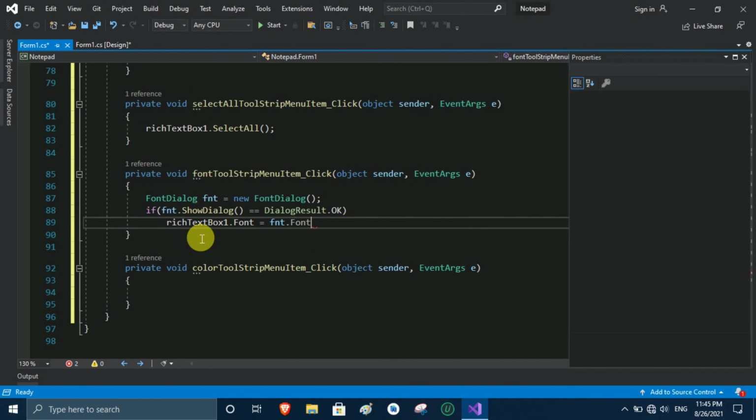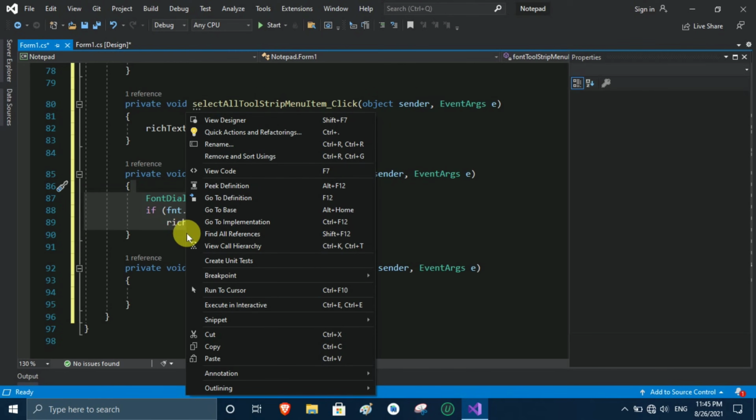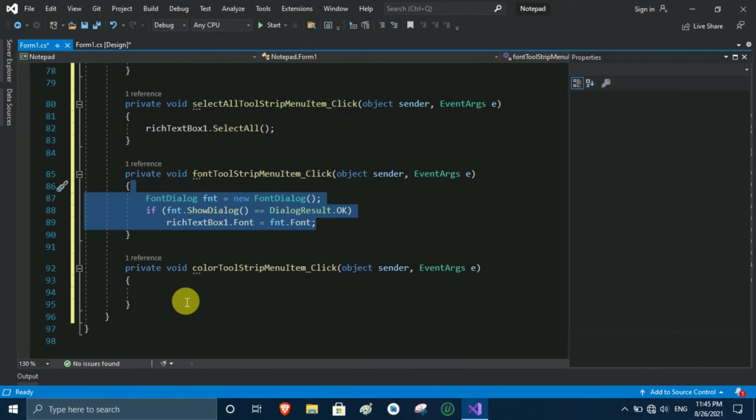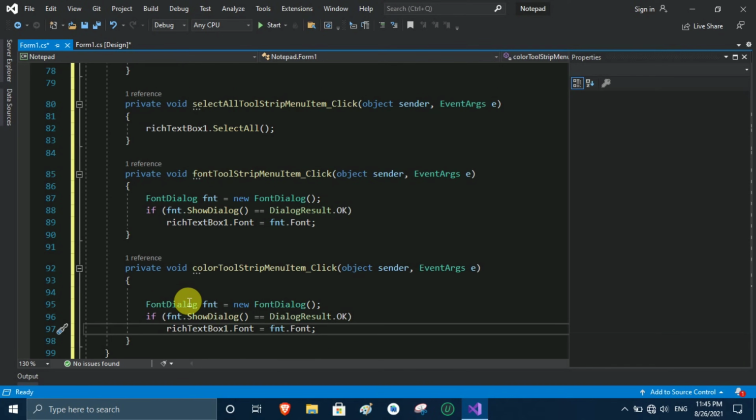Okay, so I write FNT dot font and semicolon, and here it means when somebody chooses a font from the font dialog and presses OK, then set the rich text box 1 font to that font.